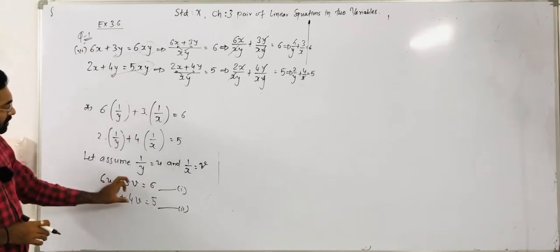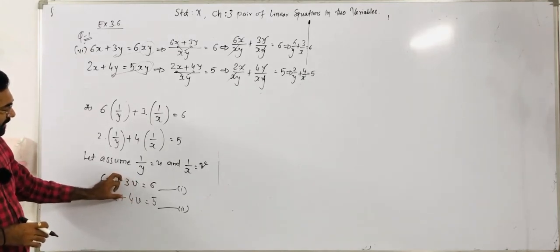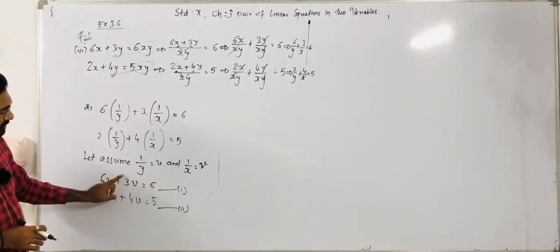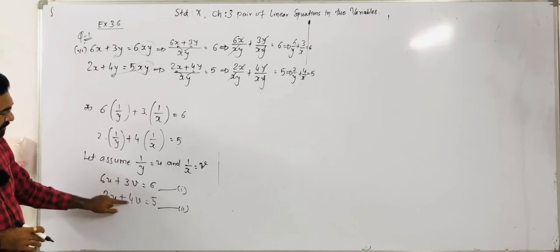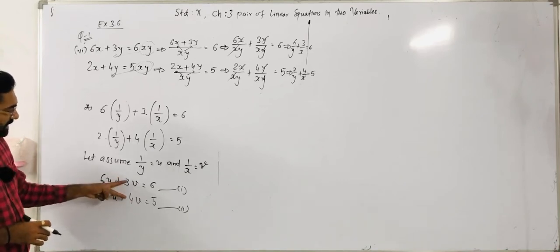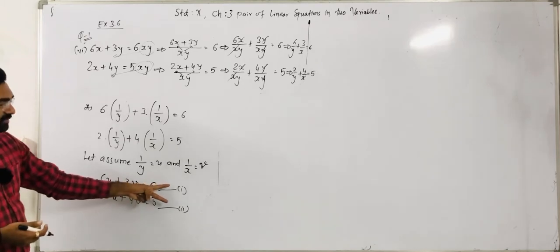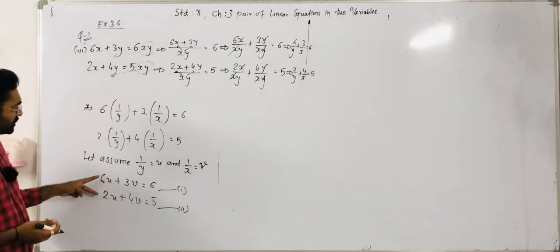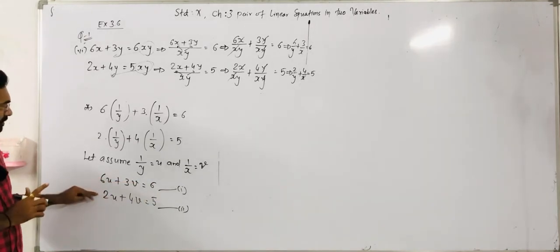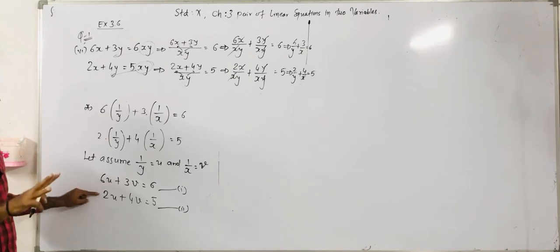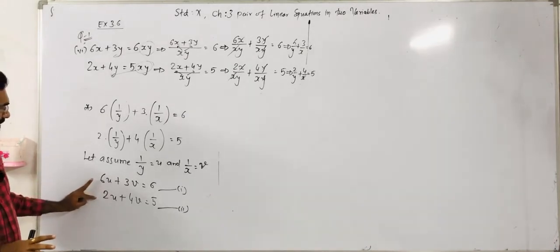If you want to make the coefficient of v equal, then that equation we have to multiply by 4 and that equation we multiply by 3. So in that case, we need to multiply both equations. But whenever you want to make the u coefficient the same, then only the second equation we need to multiply by 3, right? So that way we can consider.